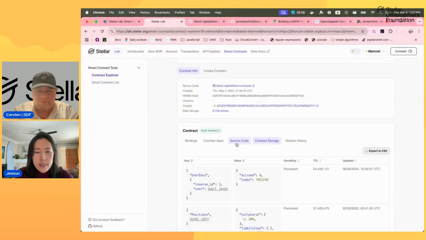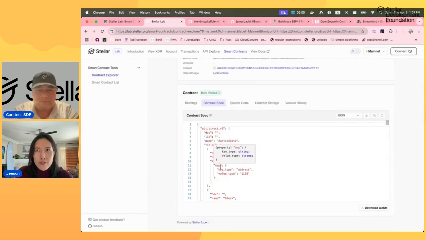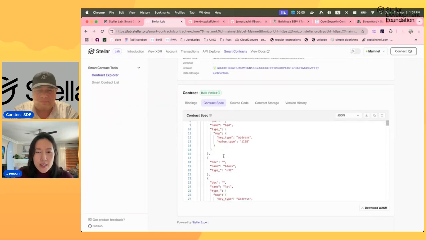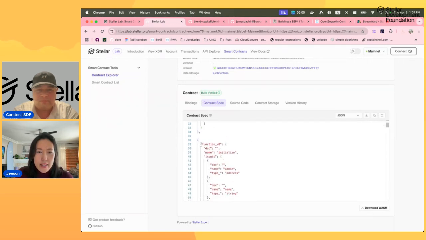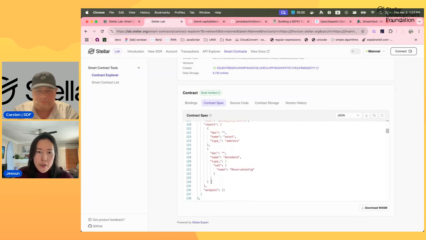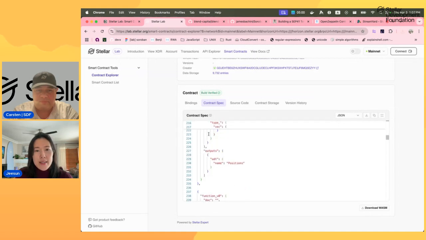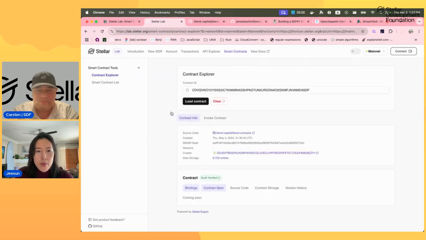And source code is coming up. Contract spec is our version of Ethereum's ABI. It shows you the data types that this contract has and the functions that this contract has. Later in the demo, I'm going to show you what we can do with this contract spec to build some of the functionalities on the UI side. And bindings are coming up as well. So let's look at